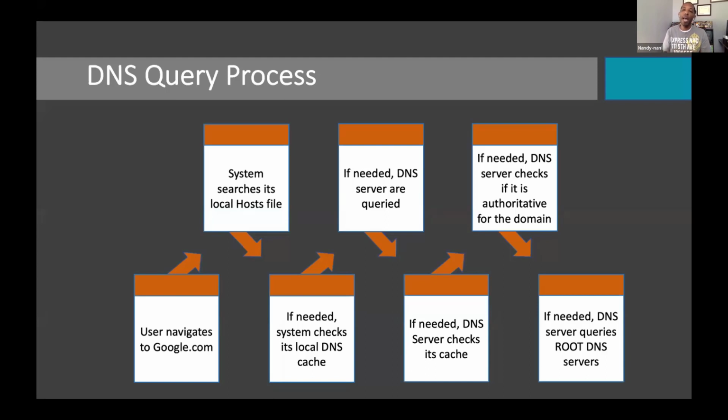So when we look at how we implement some type of mitigation when we have systems beaconing out to domains, there's really two spots that we can do that. And we see those areas now highlighted in teal. We could either affect the local host file, because we see in that process that it checks the host file. But when I have a domain's worth of systems, I'm not going to go out there and do this on every system. Maybe one-offs, yes. Well, how do I do it from a larger scale?